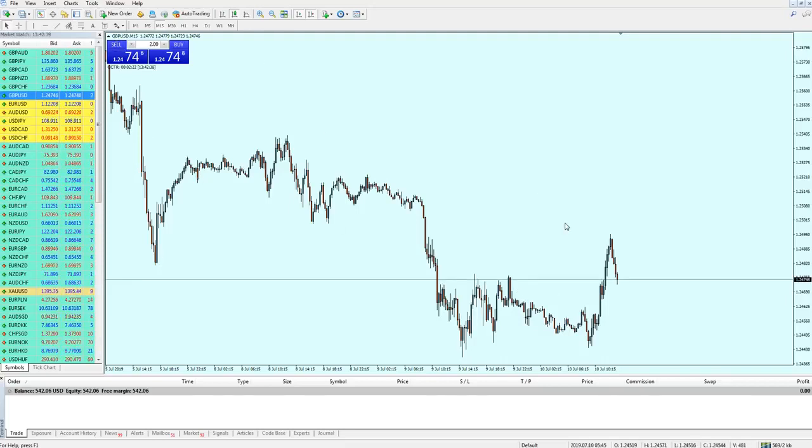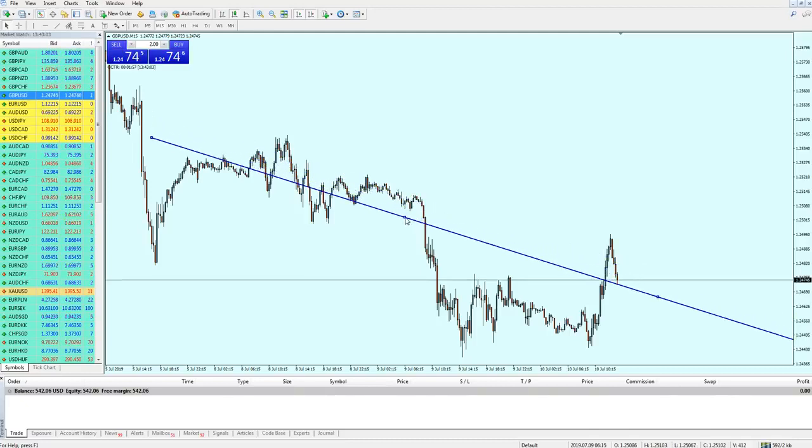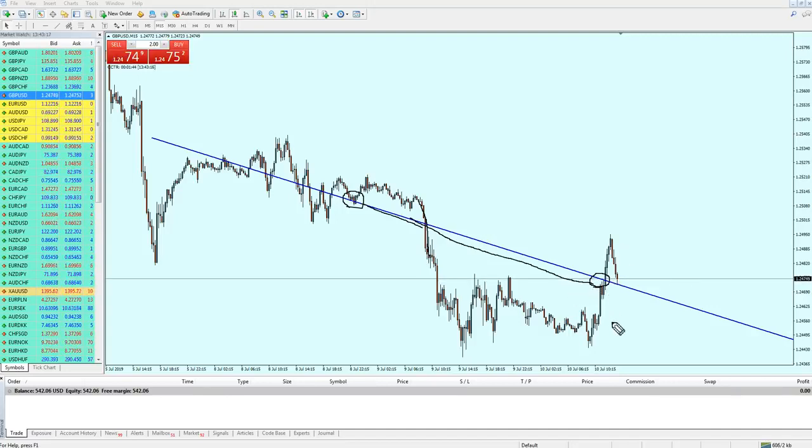Now I'm on the pound USD, and I can see that there is a small bounce happening right now. I'm on the 15-minute time frame. Let me now draw my trend line to confirm whether this is a valid entry or not. Those who have been following the trend line strategy know that if we are looking for a buy, we need to draw the trend line on a resistance level and place it on a previous trend line resistance to catch the bounce. Now what's happening here is we have a support trend line that has been broken out by this bearish candle, and we have these small wicks here representing the new resistance trend line, which has been broken